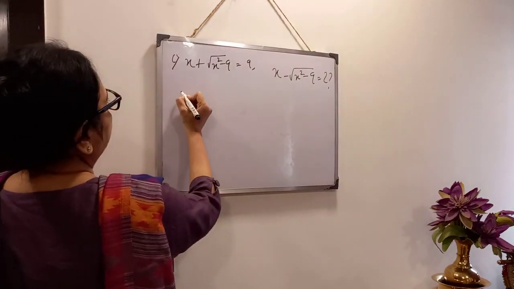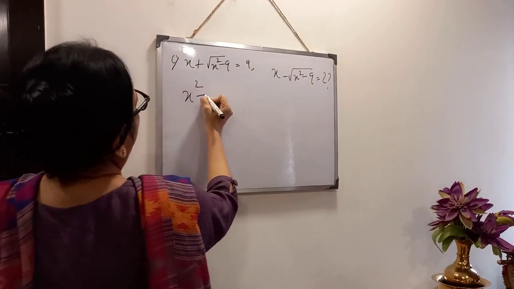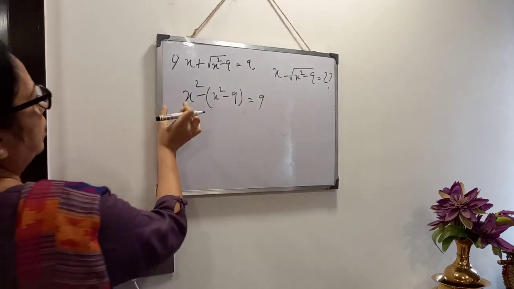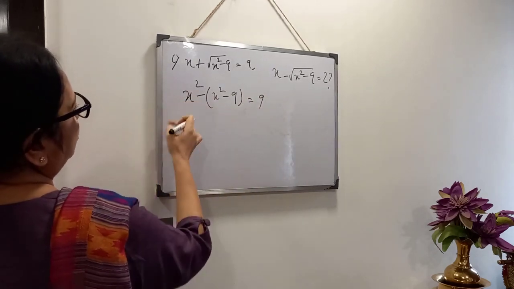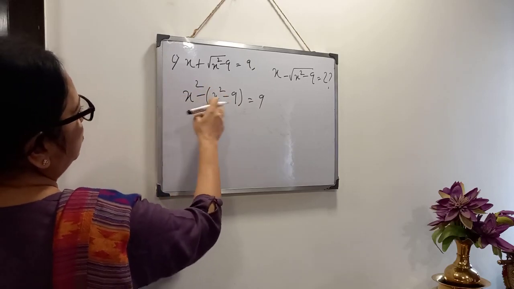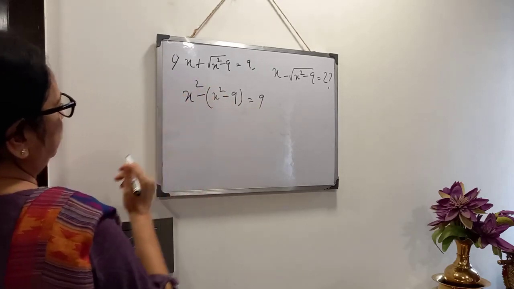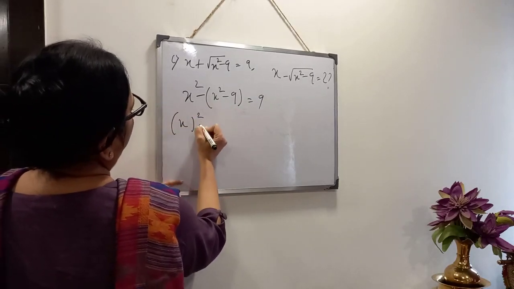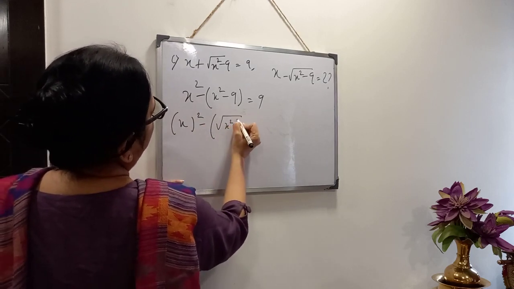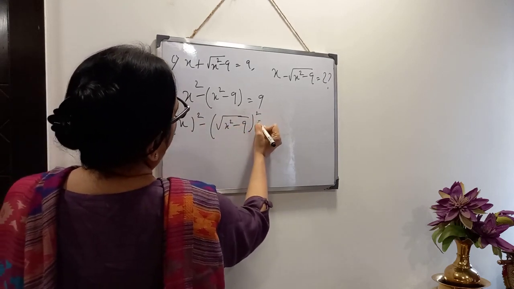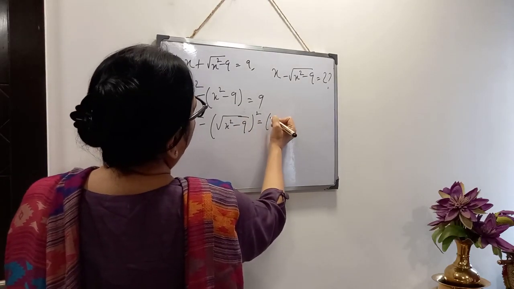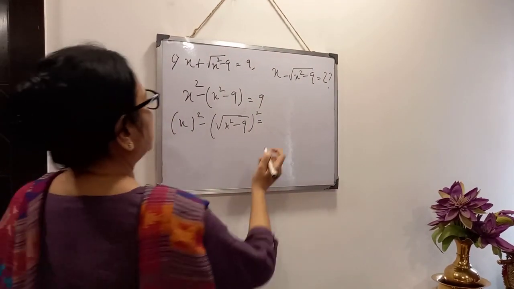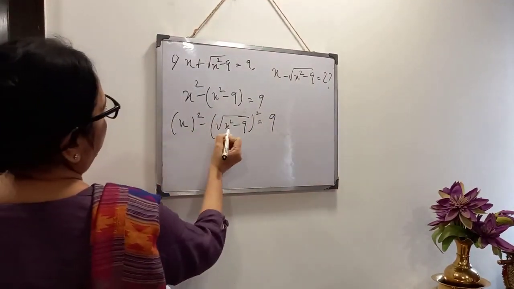See, this step, x square minus x square minus 9 equals 9. What I have done? I have just subtracted this part from here. If you open the bracket, x square minus x square plus 9, 9 is coming. Now we will arrange this in a square minus b square form. So their root will come here, and on this side 3 square or 9, you can keep 9 also, no problem. Now it is in a square minus b square form.